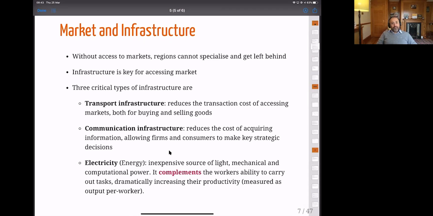Surprisingly, electricity is one of the biggest lacunas in developing countries. So I have a link in the reading list. I've just added it yesterday. It's a talk by Paul Romer. And Paul Romer is one of the most fascinating, rebellious,